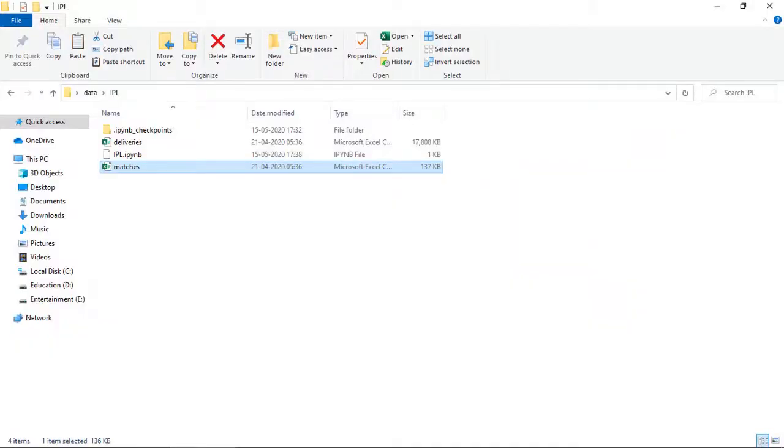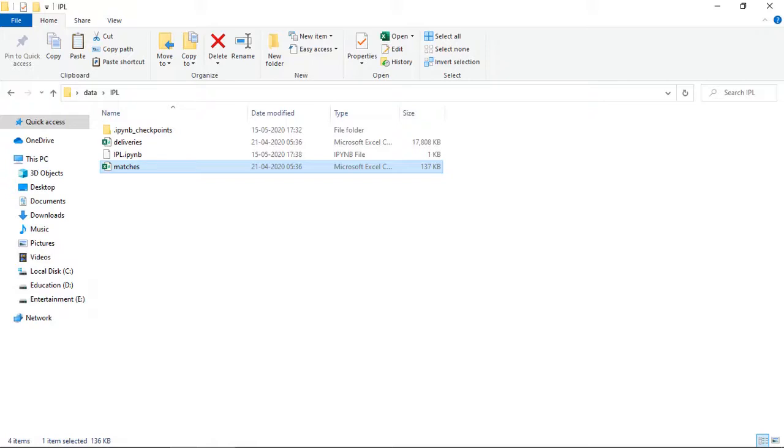First of all, for any data analysis, we need the data on which we will be working. So I have already provided you the dataset. Go to your classroom and download your dataset. The datasets required for today are deliveries.csv as well as matches.csv. We are going to work on the IPL dataset today.